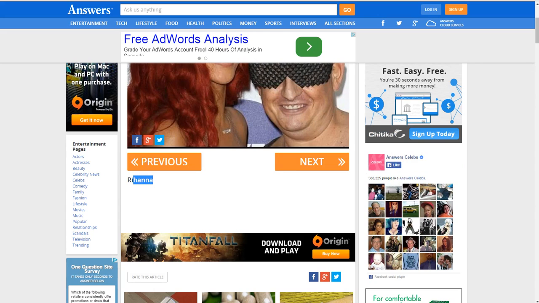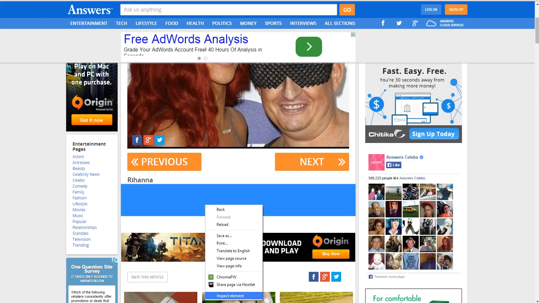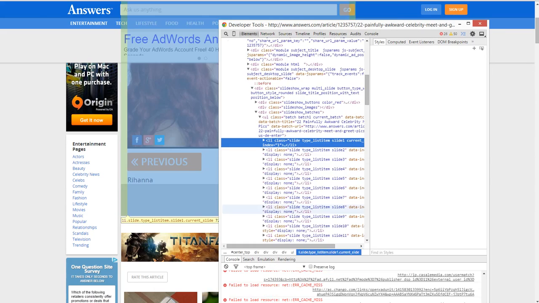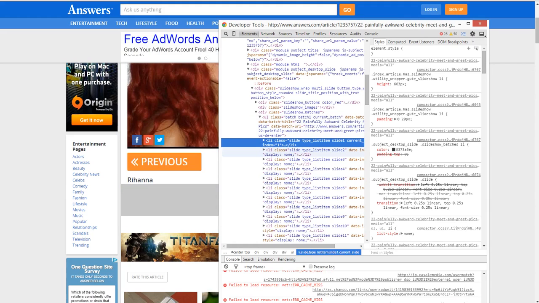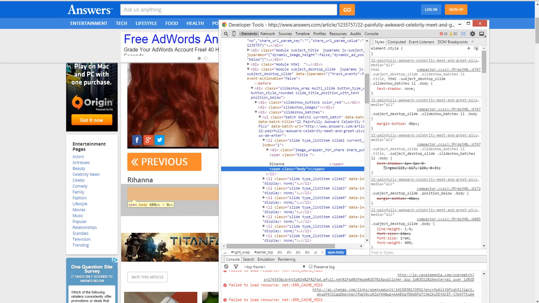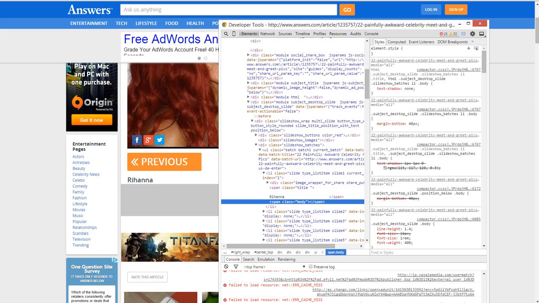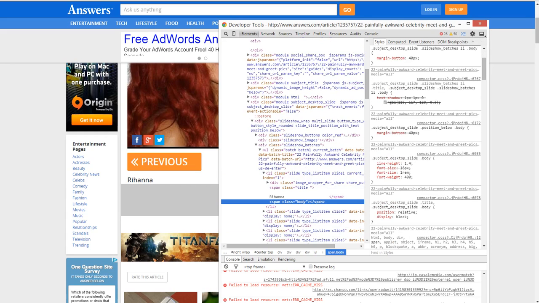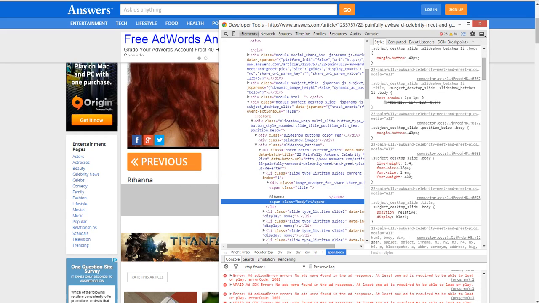For one, there's supposed to be content right here. If you check, you can inspect your element and slide type. If I go into my slide and then I go into the title, it's not loading the body. The body tag is empty. However, there's supposed to be content within the slide. It's not loading properly. In fact, if we want to do a GT matrix, when I come into the website, I'm getting 26 errors and 50 warnings due to the different advertisements and how confusing it is as it's trying to process all the ones that aren't loading.